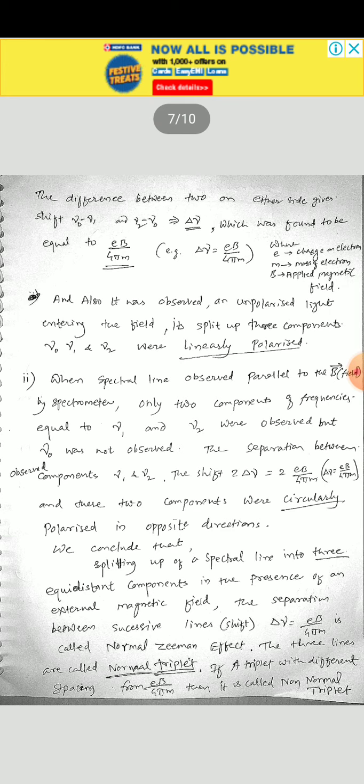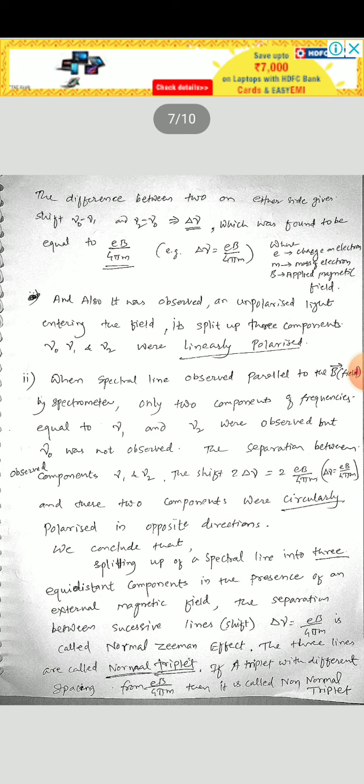Such a triplet, or three equidistant components in the presence of an external magnetic field, where the separation of successive lines or shift is equal to eB upon 4 pi m, is called the normal Zeeman effect. If the three lines